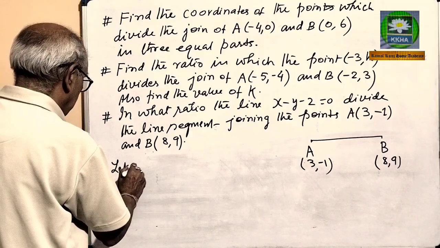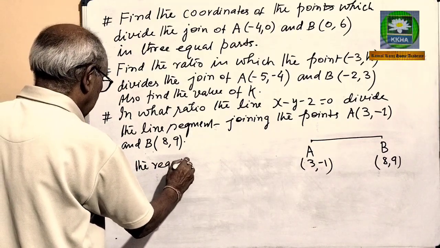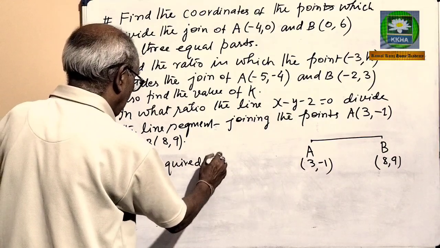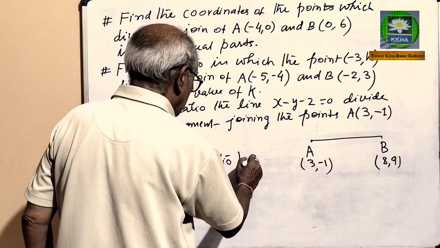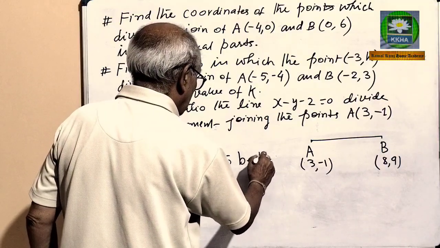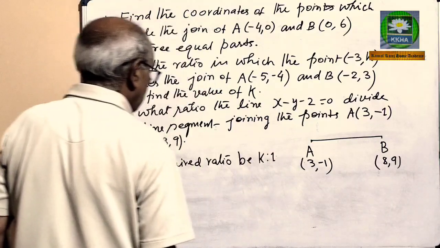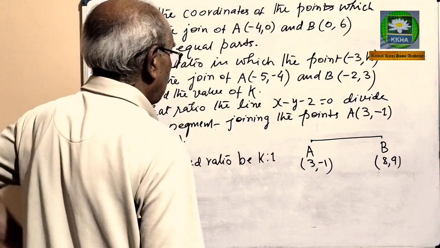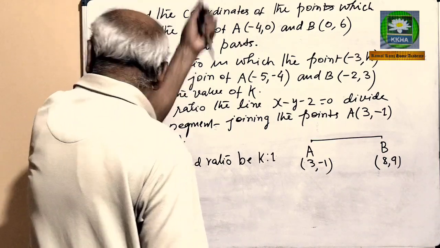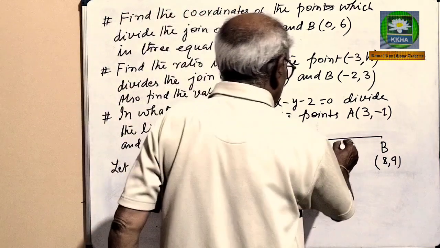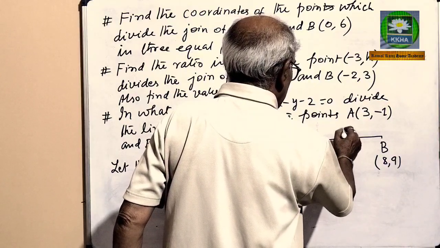Let the required ratio be k is to 1. This is the point P. It divides